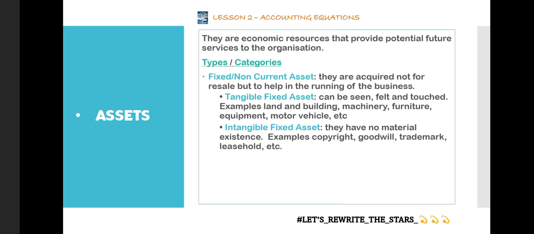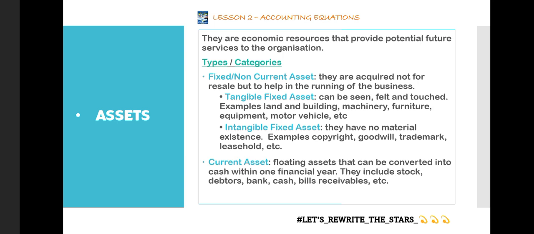In business management or in business administration, there is something we call a franchise. So it's more like a franchise kind of thing. So these things are also goodwill, copyright, trademark, leasehold. They are all fixed assets. They are within the business and they are owned by the business, but they are not to be sold within the business, or they are not basically for sale. I hope this is very clear.